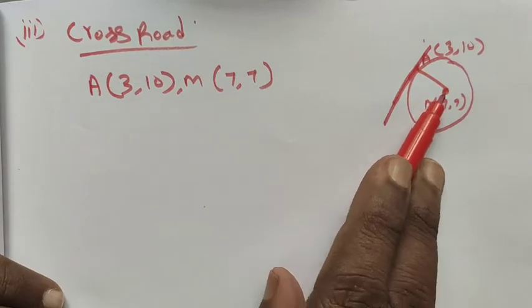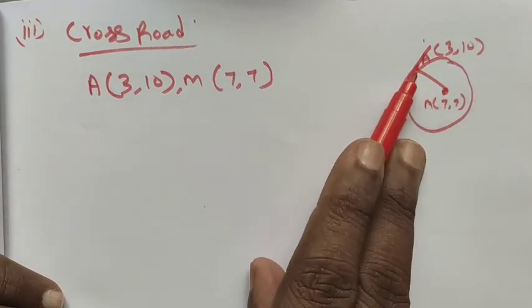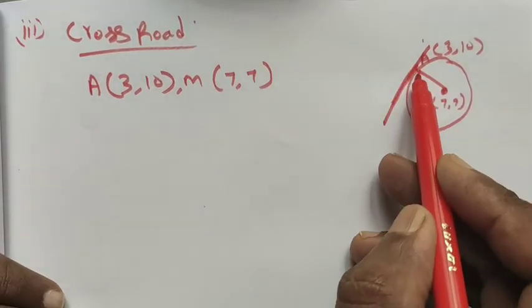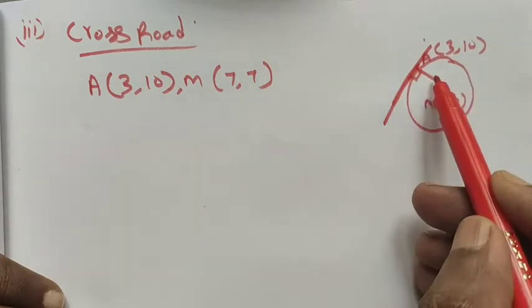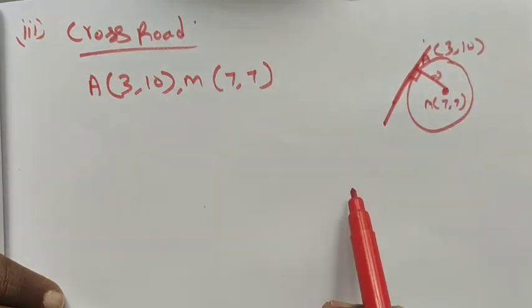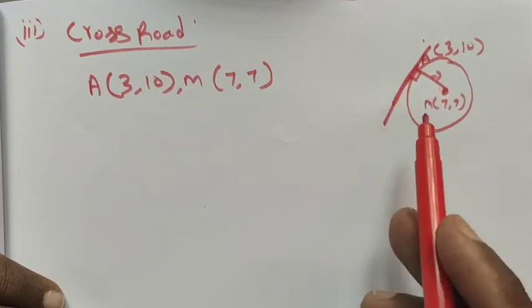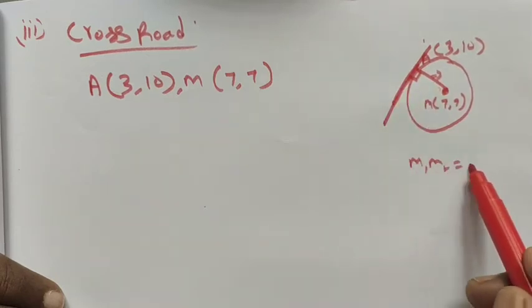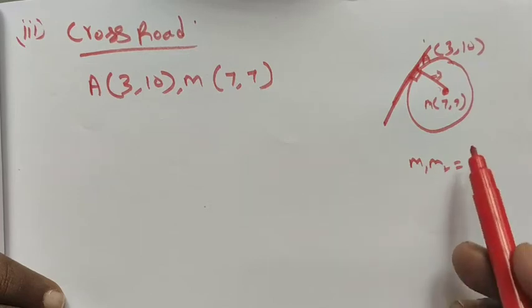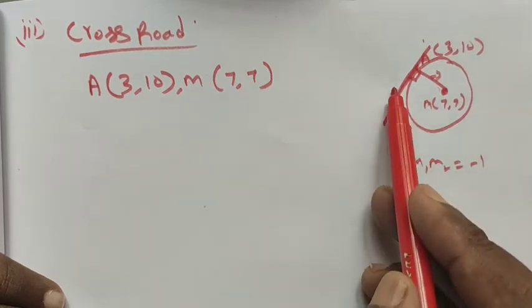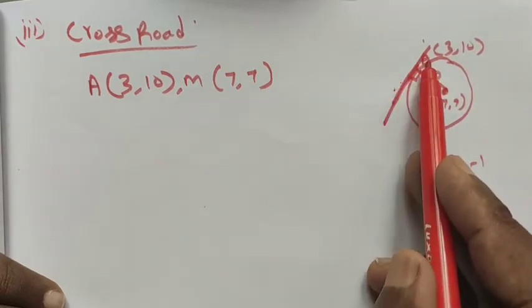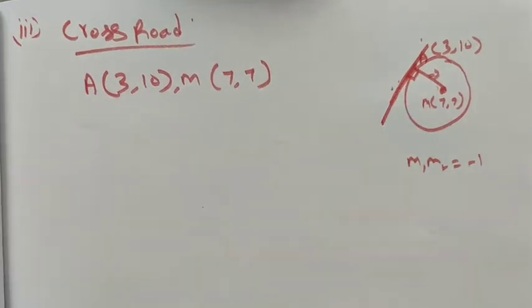I draw here roughly. From the center of the circle, if you draw any line to the tangent, it is perpendicular. So we want to find the slope of this line, and then this line is under the perpendicular condition, m1 m2 is equal to -1. We are able to find the next slope by using this slope, and A is the point, by the slope point form, right?